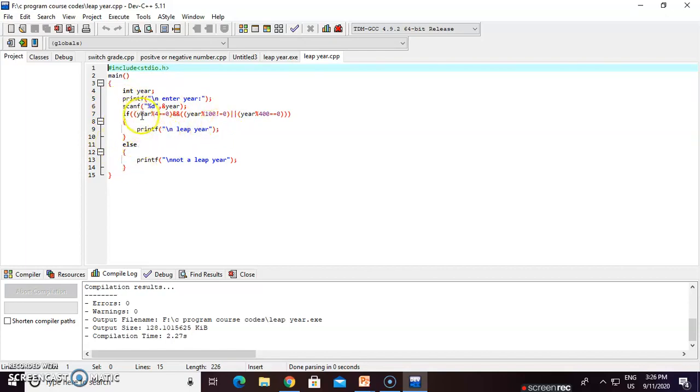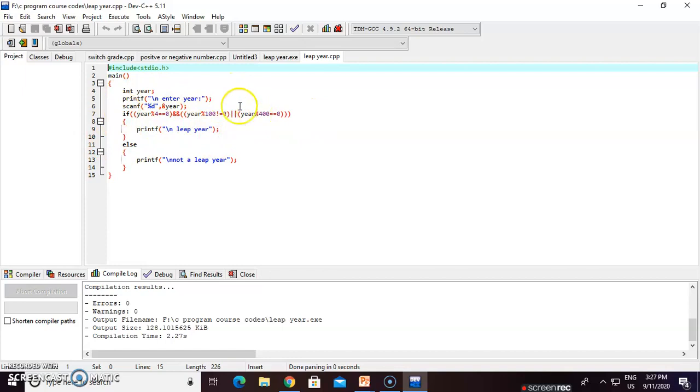So the condition is: if we divide the year by 4 and the remainder is 0, and if we divide the year by 100 and the remainder is not 0, or if we divide the year by 400 and the remainder is 0, then the condition is true.